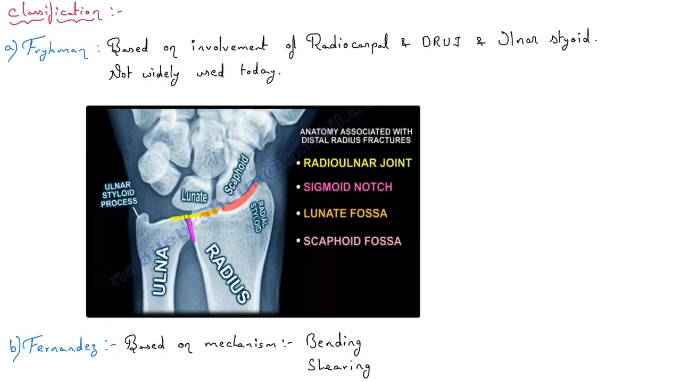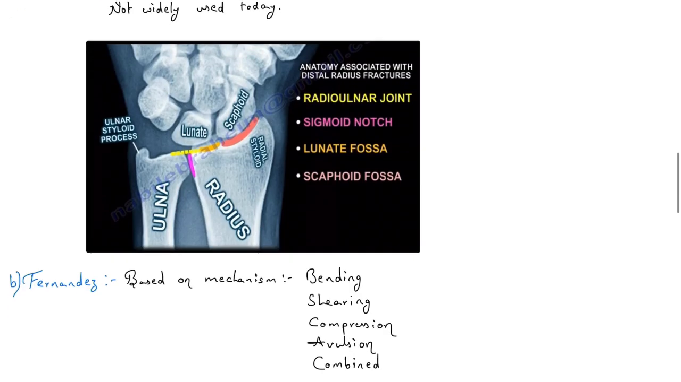Okay, so we can see the radioulnar joint, lunate fossa, sigmoid notch and scaphoid fossa also. Okay, this is the classification. Here mostly we are seeing the space in between these joints. Next one,